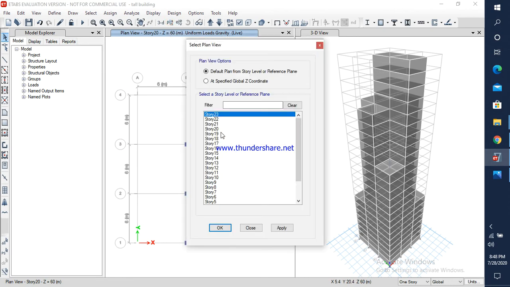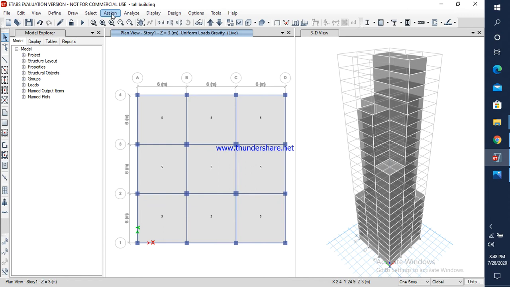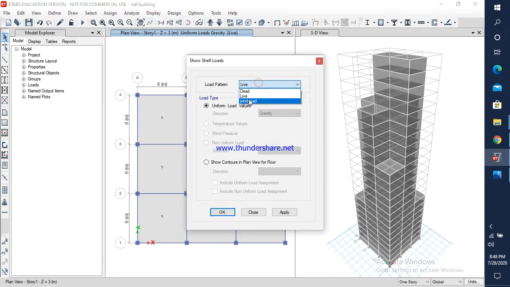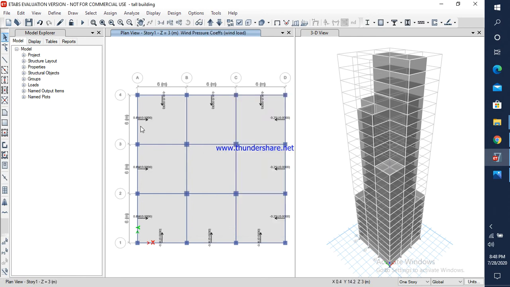For different plans, as per the IS code, we have assigned the wind pressure coefficients. As you can see here, wind pressure coefficients are assigned in all directions as per the IS code